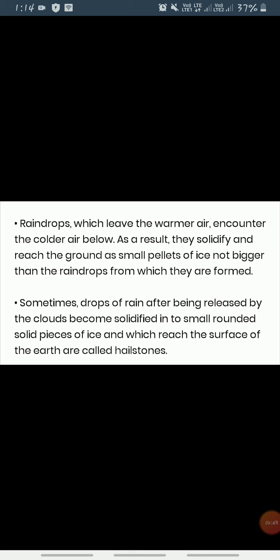Sometimes drops of rain, after being released by the clouds, become solidified into small rounded solid pieces of ice, and those which reach the surface of the earth are called hailstones. These are formed by the rainwater passing through the colder layers, and hailstones have several concentric layers of ice, one over the other. Concentric layers means सर्कल के ऊपर एक सर्कल,